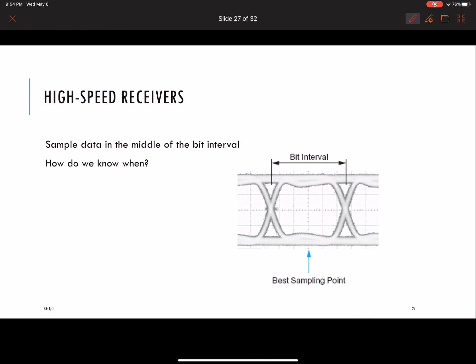Okay, another question on the receiver side is, how do you sample, and where? So this is a typical eye diagram. Honestly, it's a pretty nice looking eye diagram. What an eye diagram is: you put your oscilloscope on it. I don't know if this is going to make sense to you guys, but you'd have to do it to see it. So what you do is you